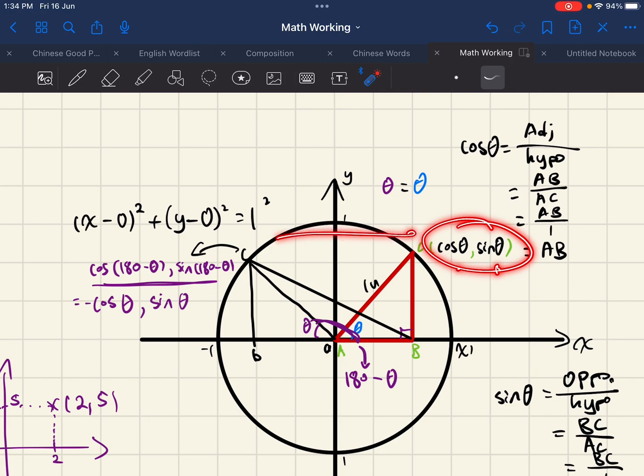This is directly opposite each other, so my cosine can be negative. Sine remains the same because sine theta basically refers to length away from the x-axis. The two lengths are the same, so essentially sine 180 minus theta is equals to sine theta, but cosine theta is equals to